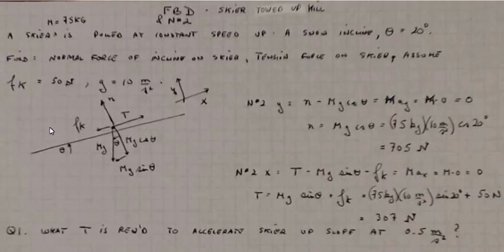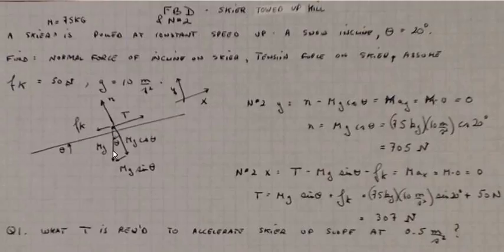So here's my free body diagram. I've drawn the slope inclined at theta with respect to the horizontal. I'm going to use a coordinate axis that's also tilted, with the x axis pointing uphill parallel to the slope in the direction that the skier is being pulled, and the y axis perpendicular to the x axis and perpendicular to the slope, pointing upwards. So the skier has